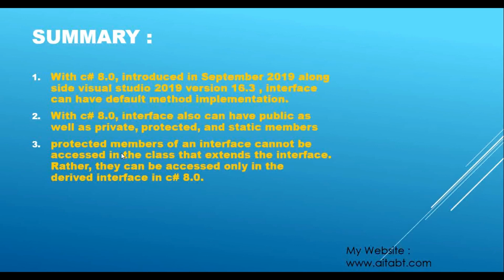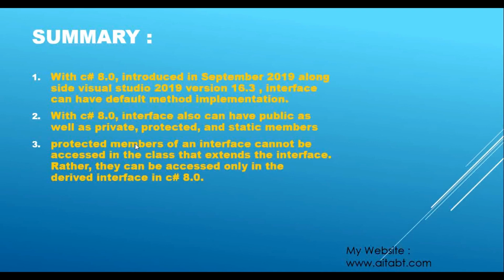But still let me tell you that in case of classes, the inheriting classes can access the members of the base class which are protected. But in case of interface, starting from 8.0, only the derived interfaces can access the base interface members which are protected, and not the classes which extend this interface.